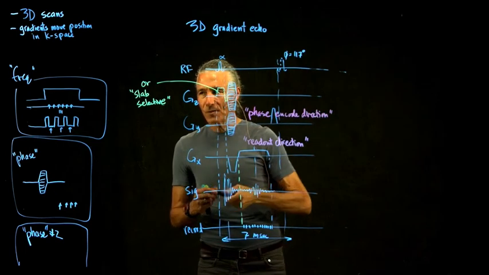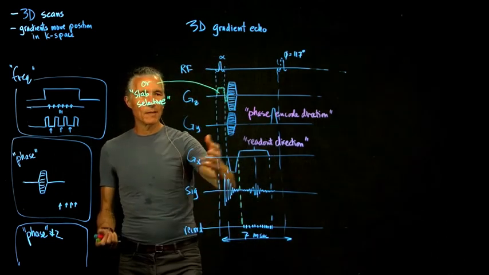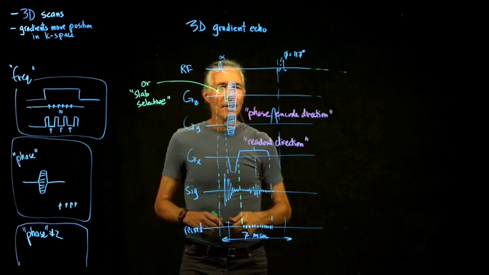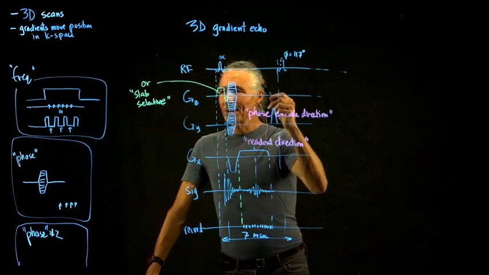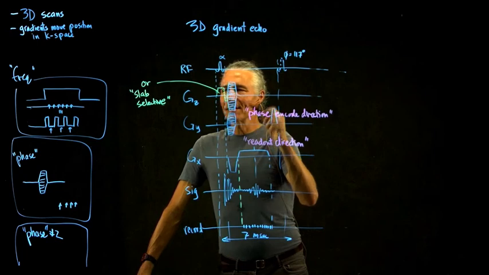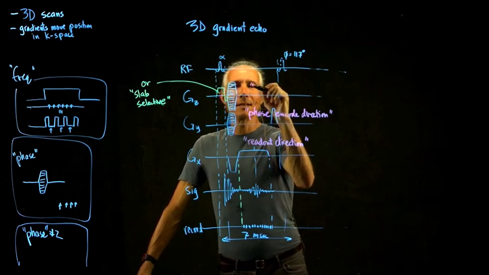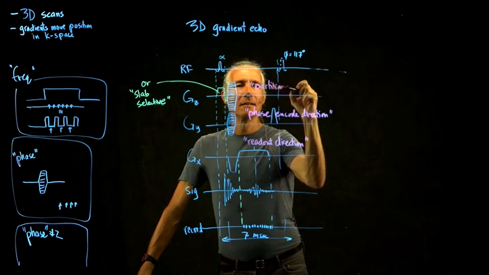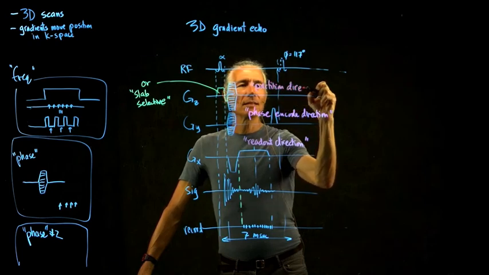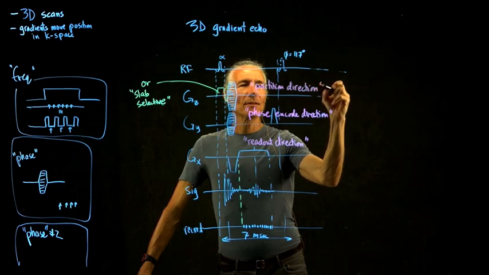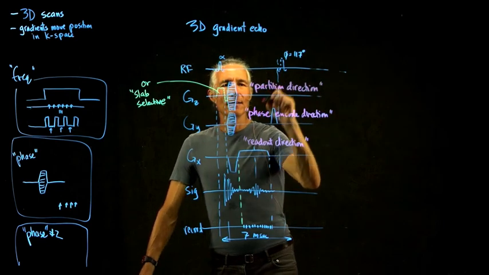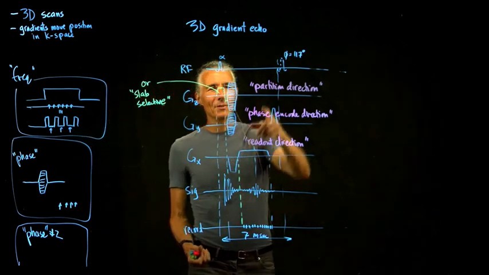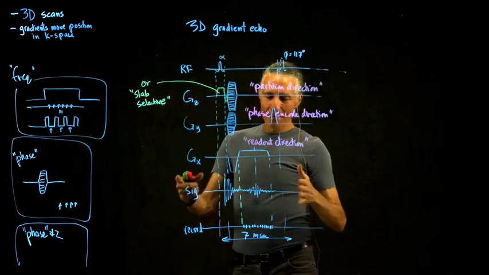And that's an actual physical direction in space. It's the y-axis. And so what is this one called? Unfortunately, this one is sometimes called the second phase encode direction, but more commonly it's called the partition direction. You'll see this on the scanner interfaces, or if you read any of the literature. So this is called the partition direction, and the reason for that is that the partition is